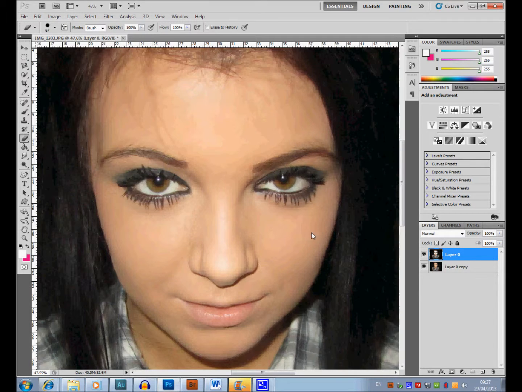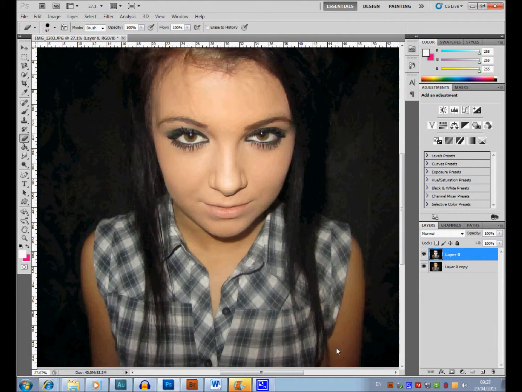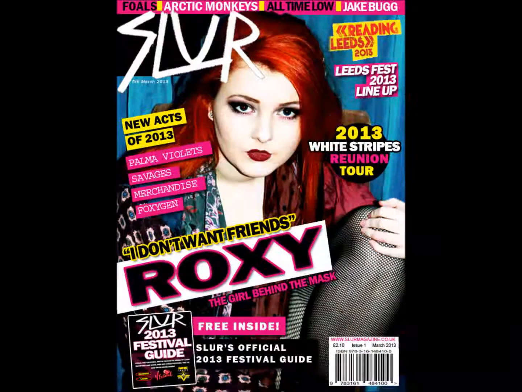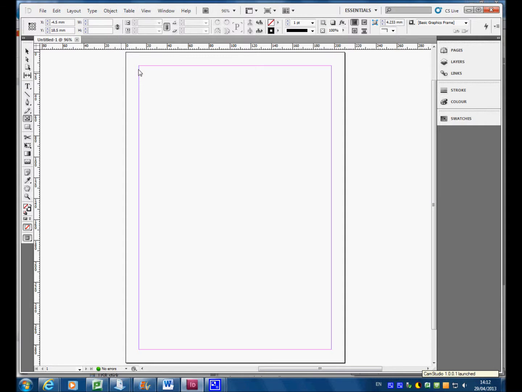Then I placed these under the main image and used the rubber tool on the main image to erase that layer and show certain areas of the blurred image underneath, hence creating the airbrushed effect. I also used certain tools like the eyedropper tool to make sure that my hairstyle was the same throughout and then the shades varied. When starting this project, I had never experienced InDesign and it first appears very similar to